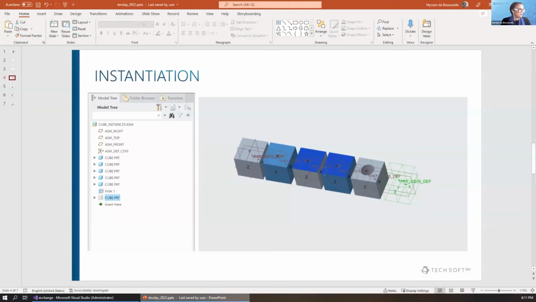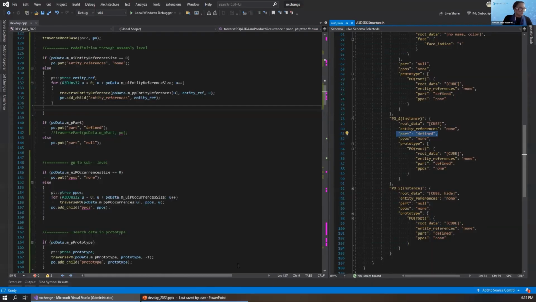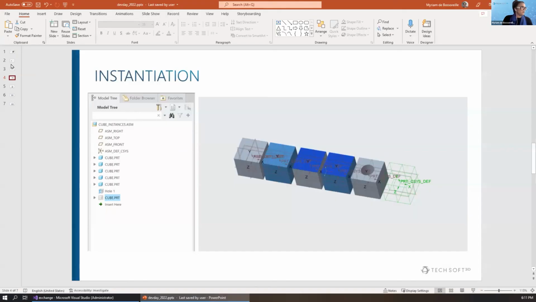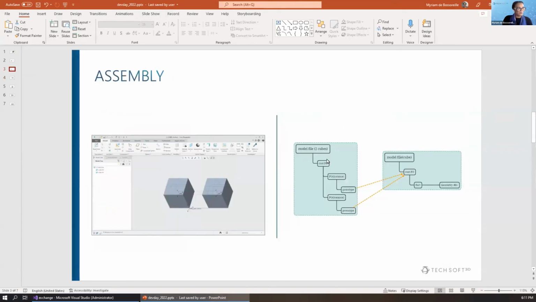I think that's it. We cover all. I will stop here. So we saw that for assembly, here we can put information that will redefine what we have here. And this mechanism could be applied again if we put this model in another assembly. We will have the same tree and we will put information on the PO corresponding to the context we want to redefine the part.